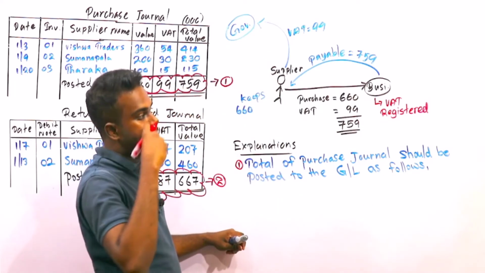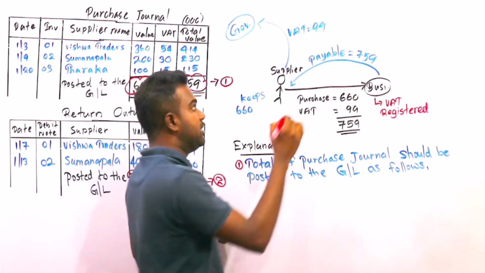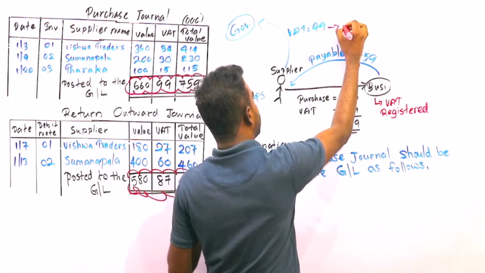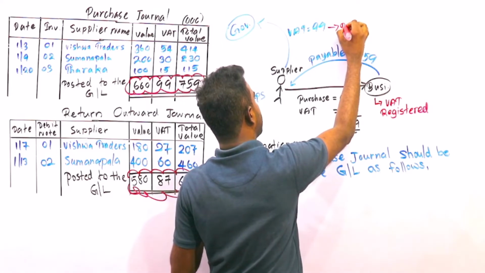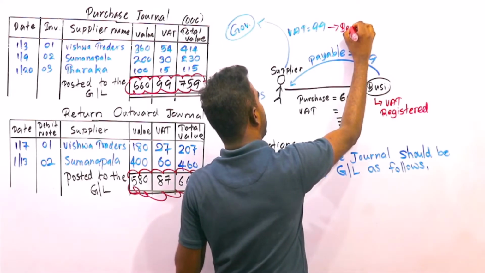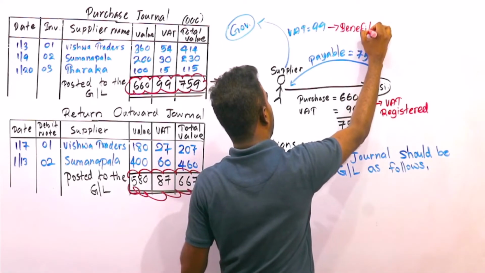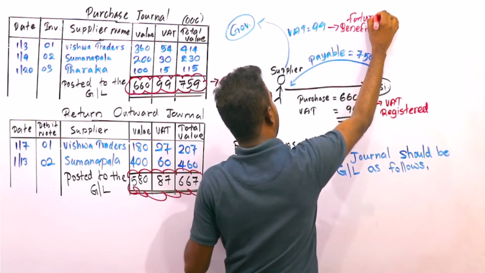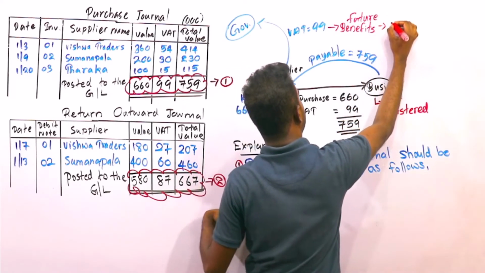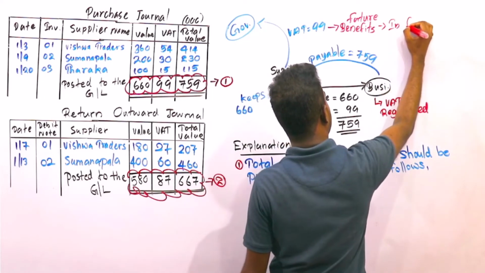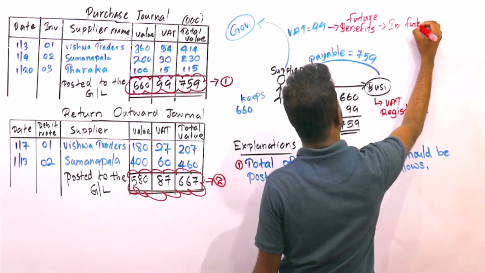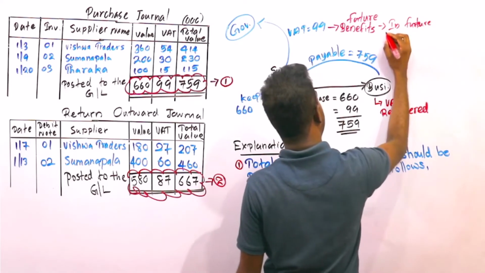Therefore, if the business is registered for VAT, this will be received in future. Future benefits. Future benefits means in future this will be receivable,